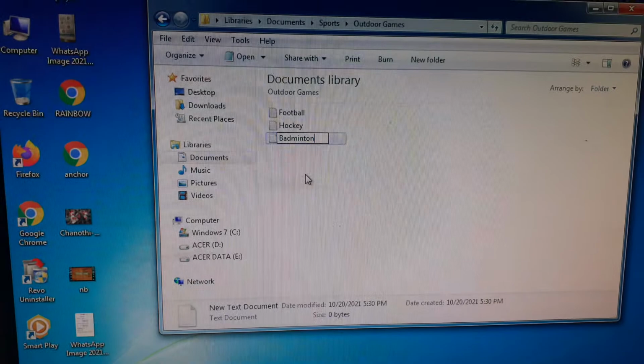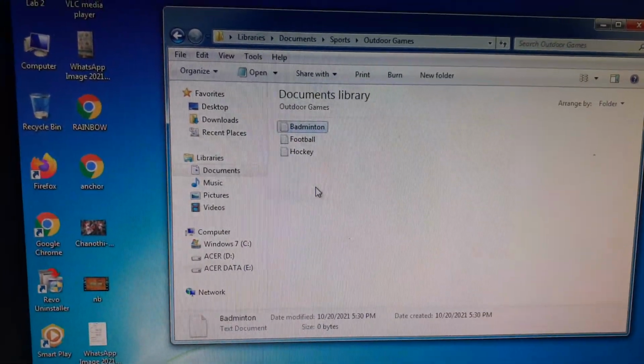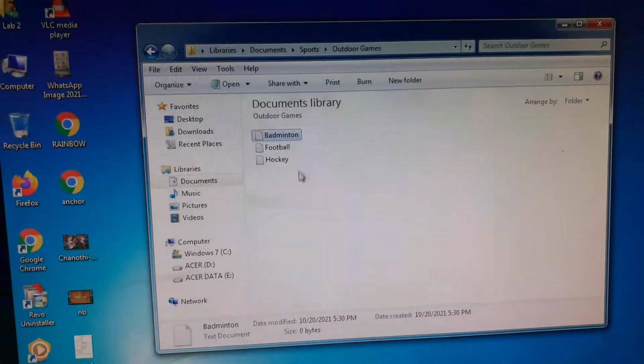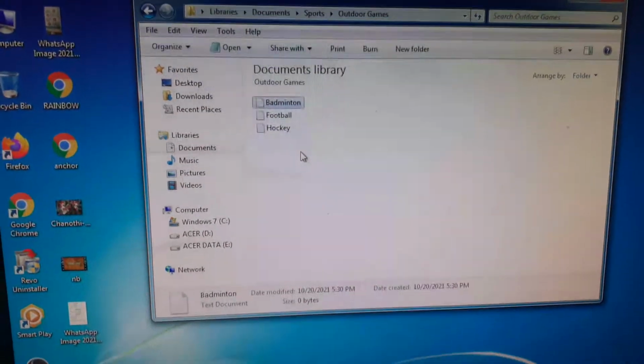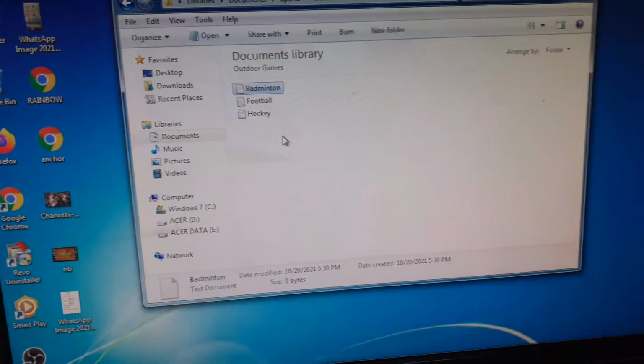Then press the enter key. So now you can see the badminton file is also in the outdoor games folder.